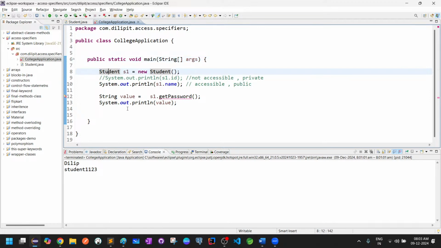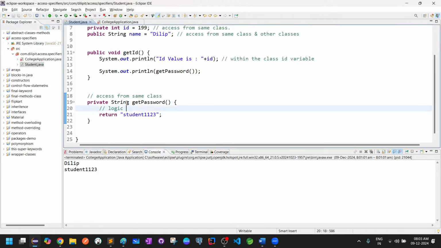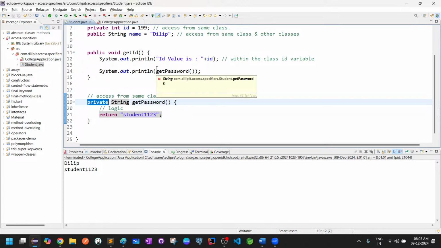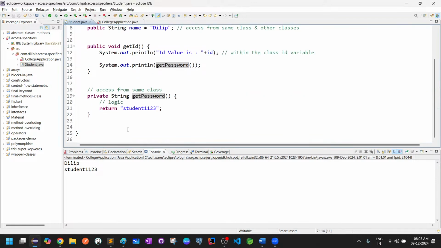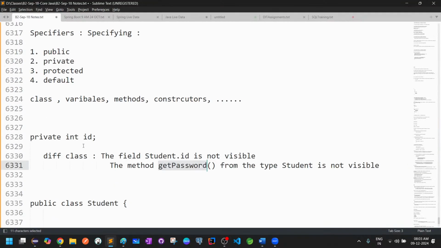All these things are specifying the accessibility of the content. So you are specifying that this method should not be accessible from outside of the class. That's why you made it private. If you make it public, again other classes can access it. Outside of the class, you can access these methods and these variables when you make them public. Similarly, we have protected and default, but the point here is